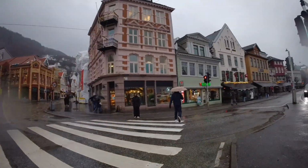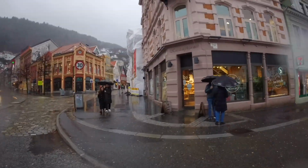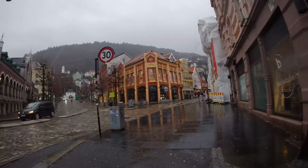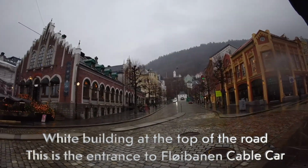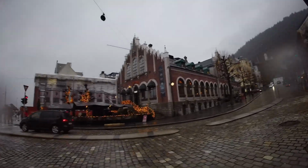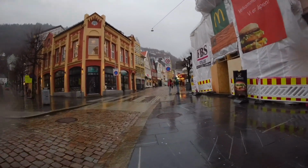So as you come along here, on the right is the fish market, and then we come up. If you look up to the left, you'll see right at the very end of that road there's a white building, and that's the entrance to the Floibanen, the cable car that takes you up to Mount Floyen. So that's the Floibanen in there, that's the way to Bergen, that's the fish market, and then we'll just walk ahead here. If you go into the Pepperkakebyen,